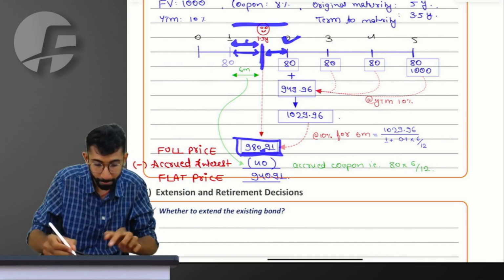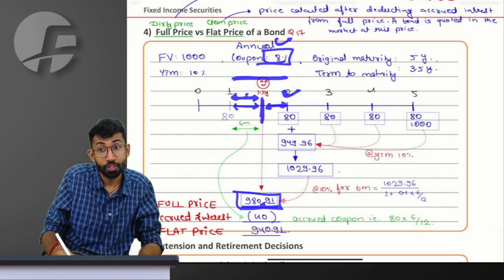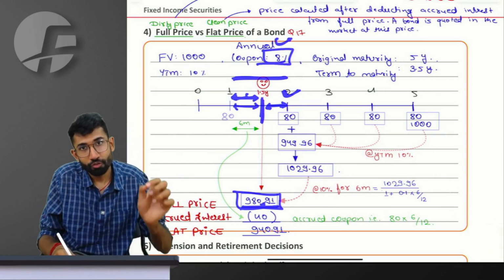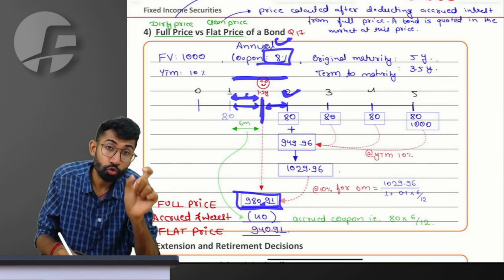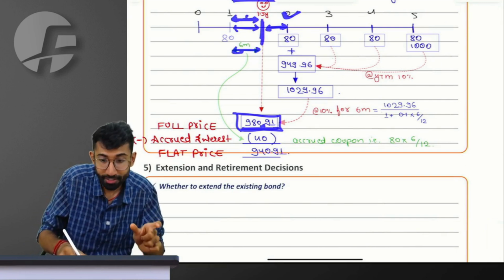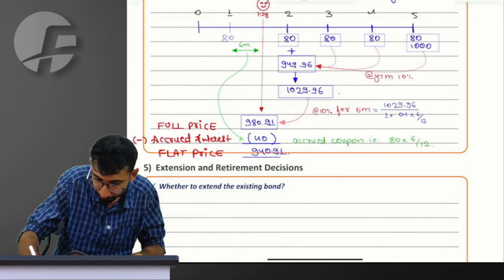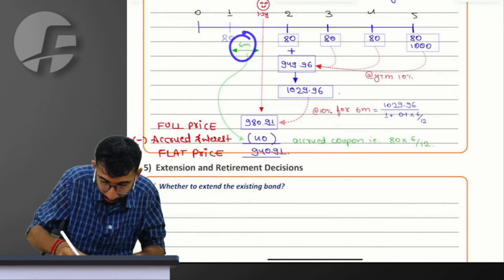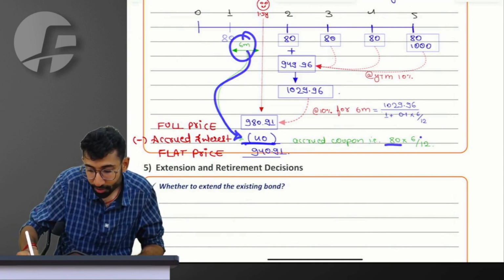Let us figure out. Sir, my annual coupon is 80 rupees, which is for a year, which when I multiply it by 6 and divide by 12, I'll get the amount of coupon which accrues to him for the first 6 months. So for this time period, the amount of coupon which is accruing to him is 80 into 6 divided by 12,